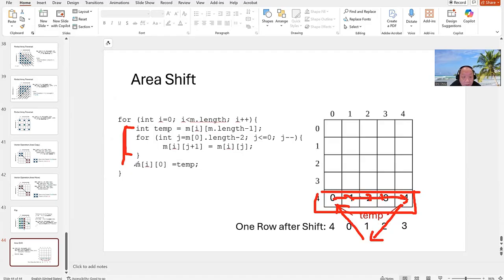Okay, the inner one is every single row. You do rotation on every single row. Then it's your array shifting. Okay, let's actually look at